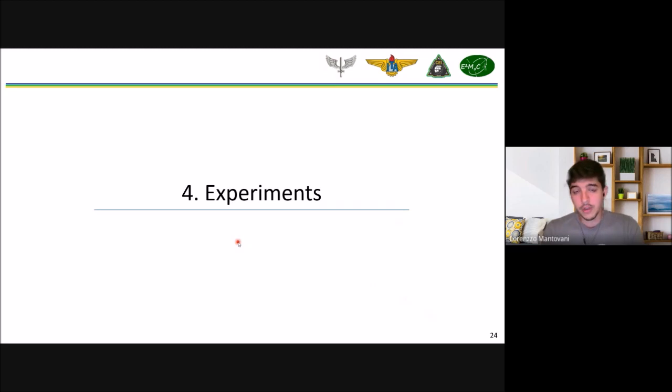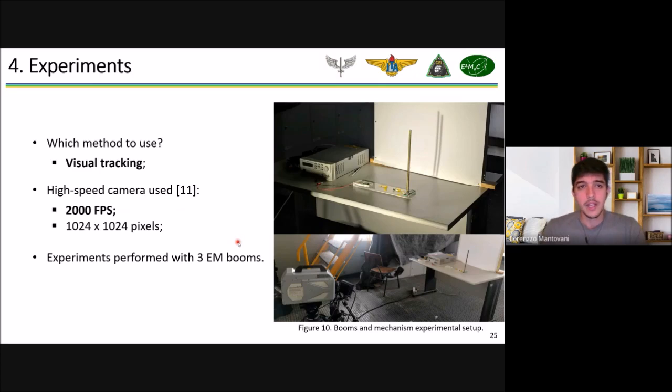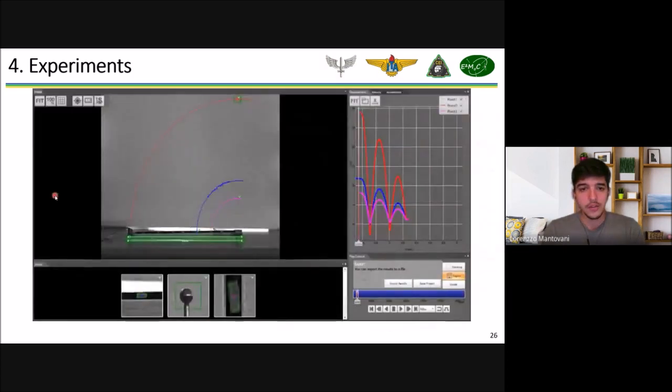Okay, now we have the multibody model. We need to collect some experimental data to calibrate our models. We performed some experiments with sports booms. Our initial idea was just to collect the damping of that mechanism, and then we decided to record the boom's position and velocity through time, using a visual tracking method. So we recorded their deployment using a high-speed camera, and we tried to use tracking software to track those points through time. We used 2000 frames per second during the recordings, and now I'm going to show you a video of the tracking software.